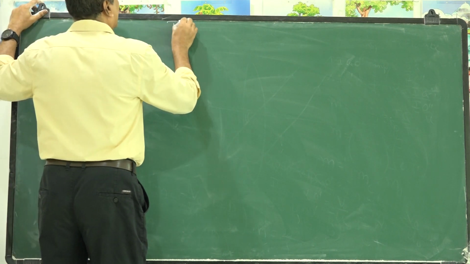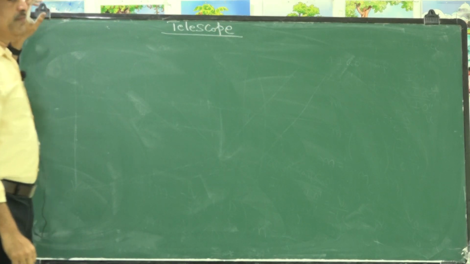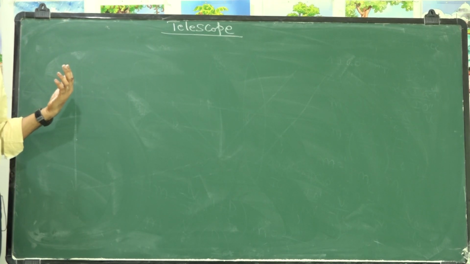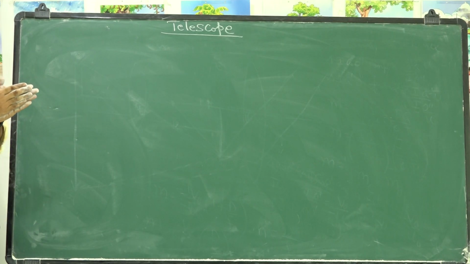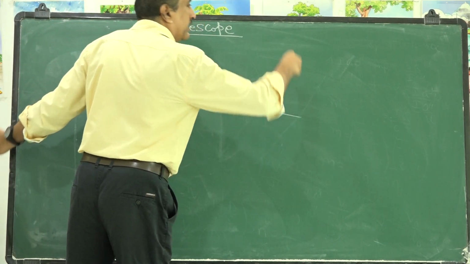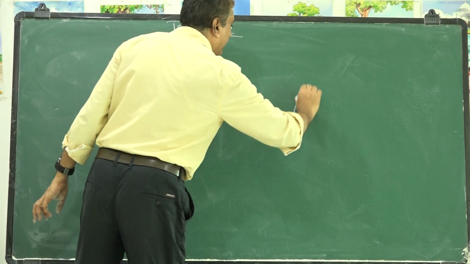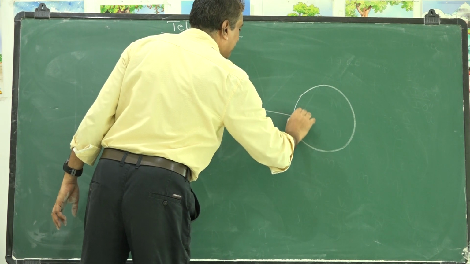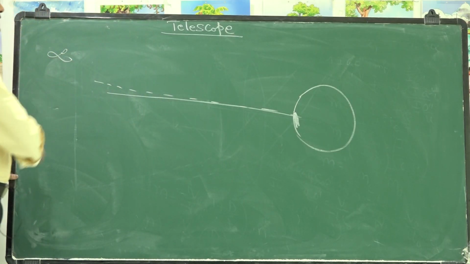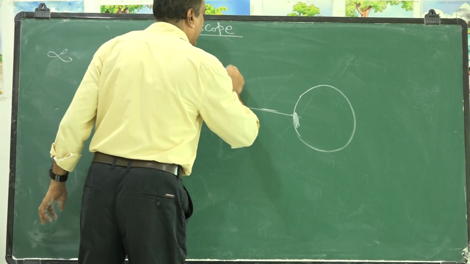Okay. And in this telescope, as we have discussed earlier, the angle subtended by an object at a larger distance is small at the eye compared to an object which is nearer to the eye. So, if we consider a distant object, considered to be at infinite distance, the angle subtended at the eye will be very, very less. But when it is at a near point, nearer to the eye, the angle subtended will be more.